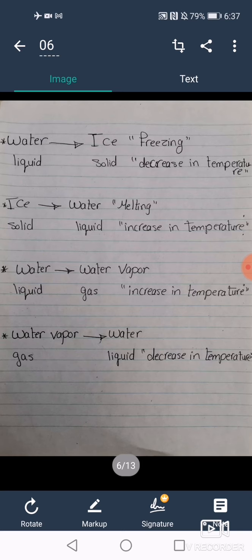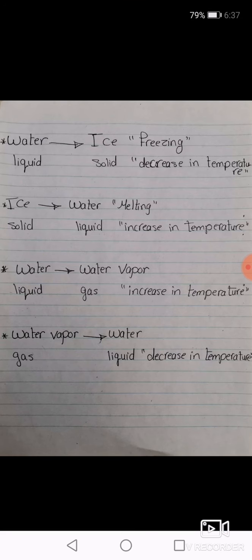Again, the water can turn from water as a liquid into ice as a solid, and this process is called freezing. And also the ice as a solid can change into water as a liquid, and this process is called melting. Okay,